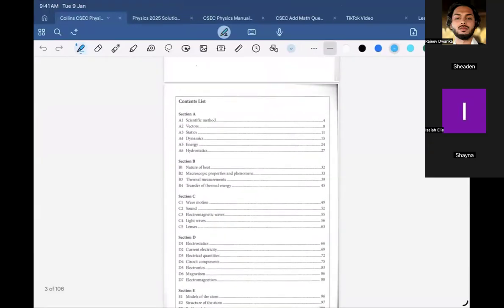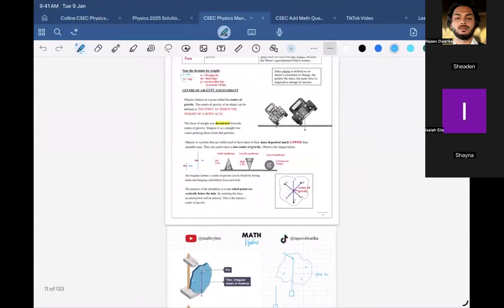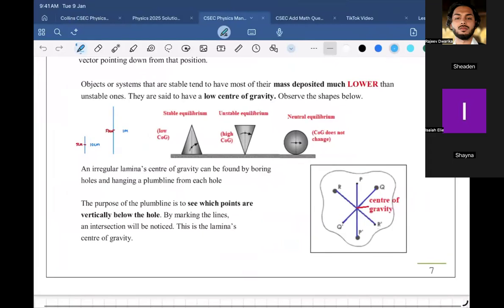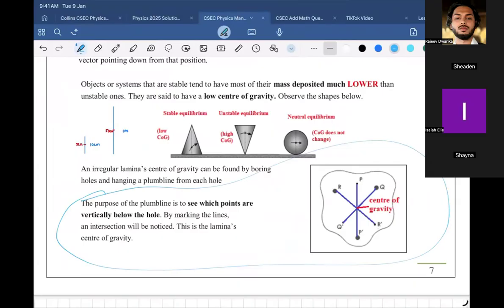So that's the last thing I'll leave you all to copy down. This is the last thing I want you all to copy down, and that'll be for class today. So copy this down quickly and that'll be it. In the next class, we're going to start moments, which is like with rulers on a pivot, you have to calculate the distance from the pivot.